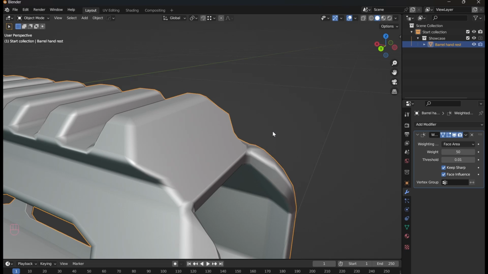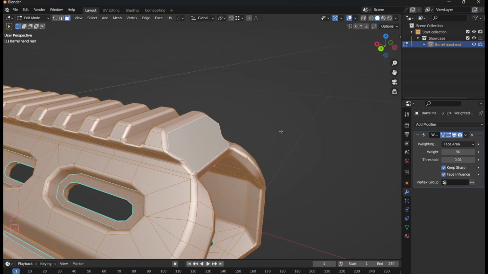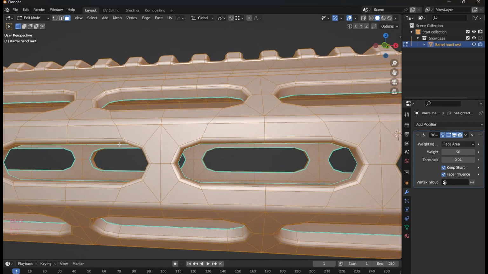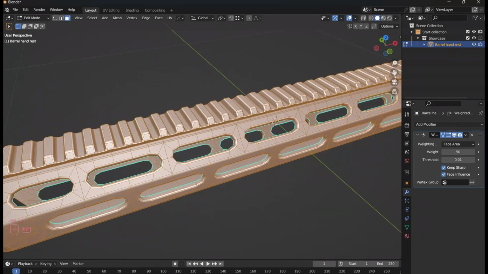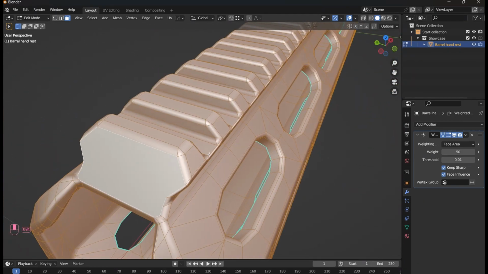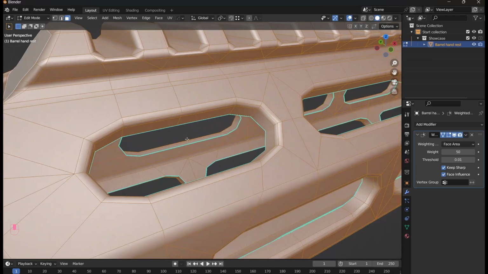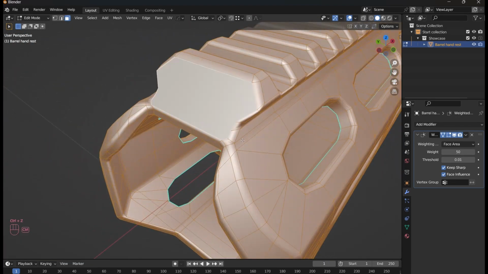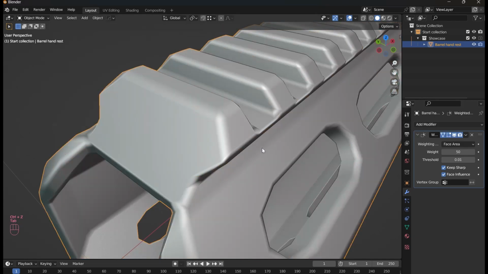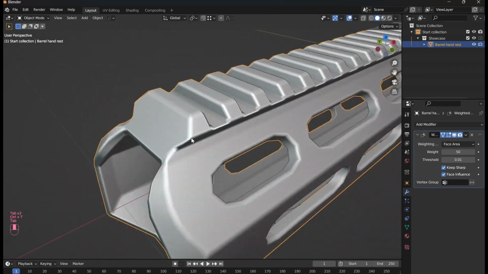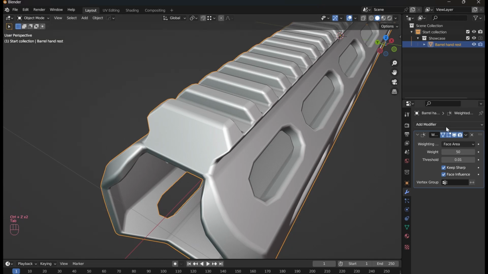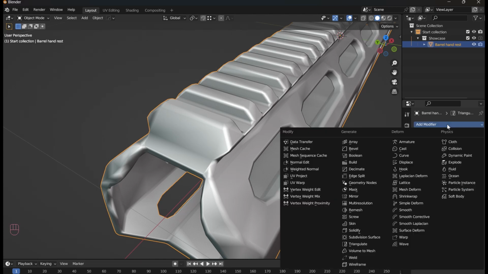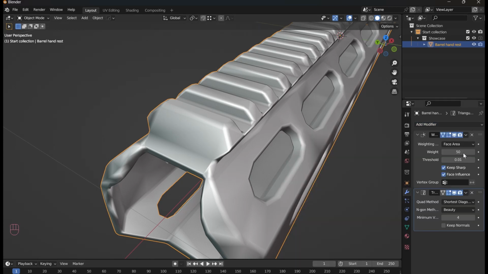So the best way to export something is by triangulating it, but of course you don't want your object to look like this. You want a clean topology with quads, maybe a few triangles here and there, no n-gons, but you don't really want triangles everywhere. You cannot even select tools like this. So another way to add triangles without messing the topology is by adding the triangulation modifier. You just press there and press T, or you can select it, but I never select, I just press T